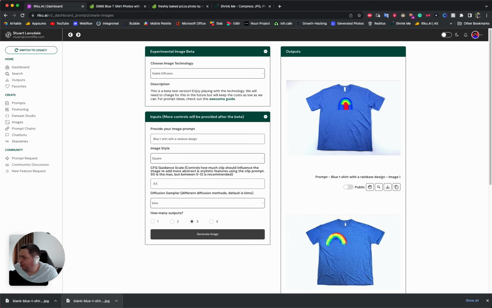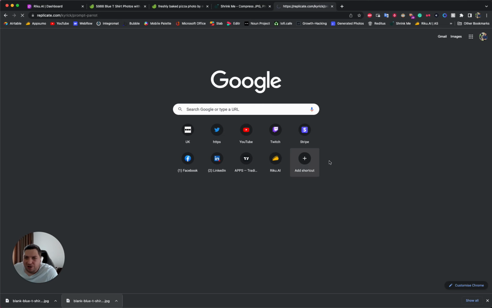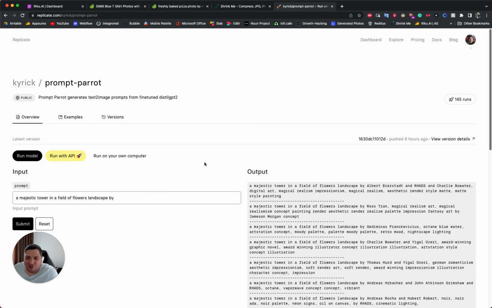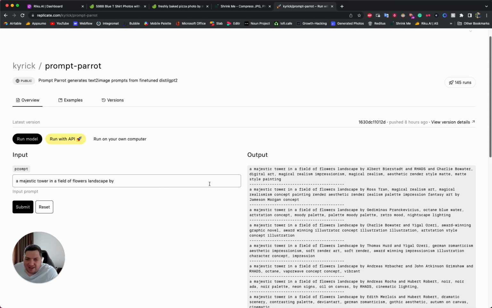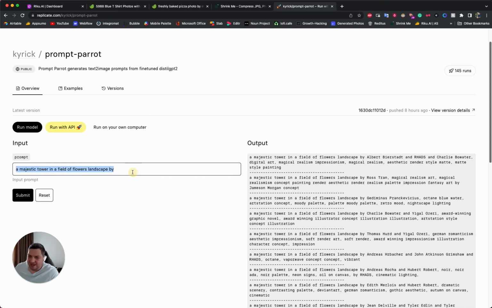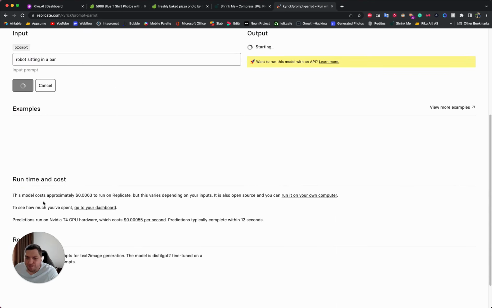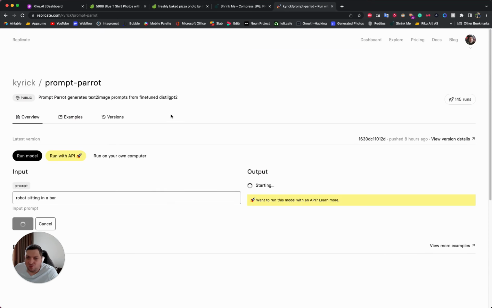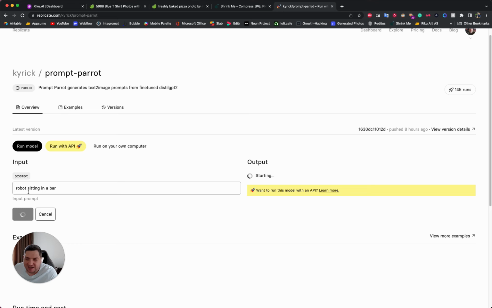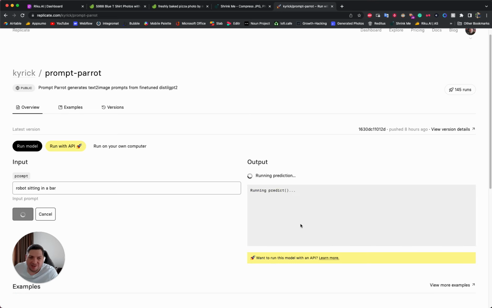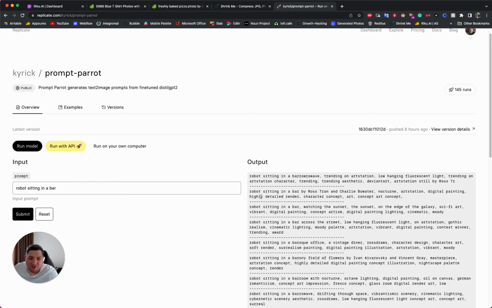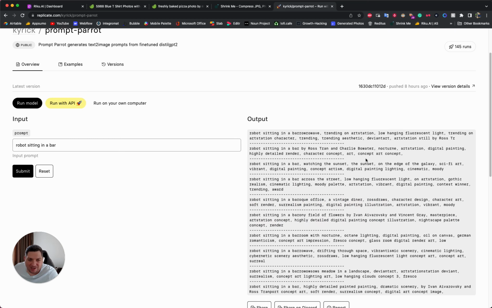The last thing that I want to show you is just a little teaser, something that we've been playing with, and this is available on Replicate. We will be integrating this into Riku as well, and you'll see that it just gives you an output. So we could say robot sitting in a bar, and if we hit submit on this, what it's going to do is run this through this AI model, which is going to give us an awesome text to image prompt. So it's going to take what we've said as a robot sitting in a bar. It's going to run this, and once it's ran, you'll see that we get all of these ideas for awesome